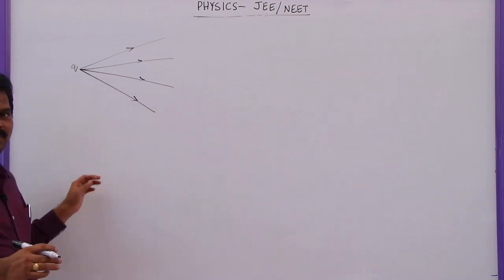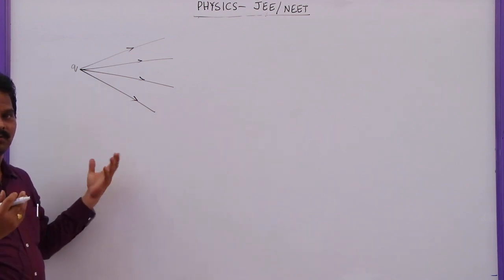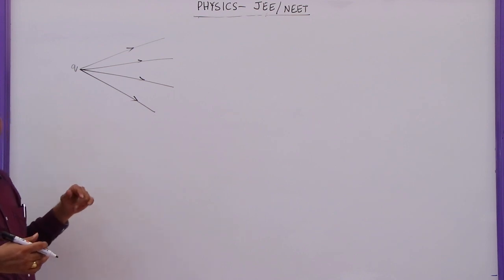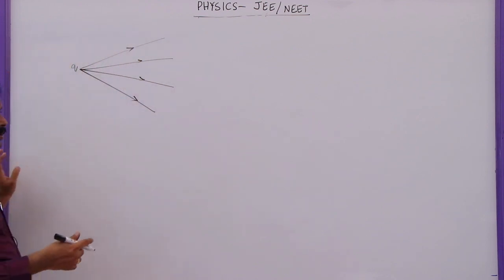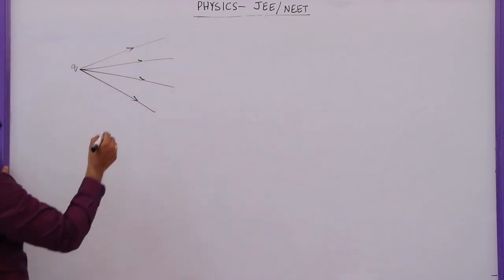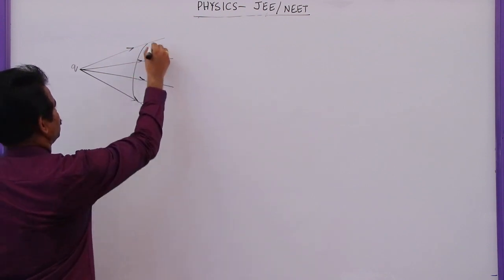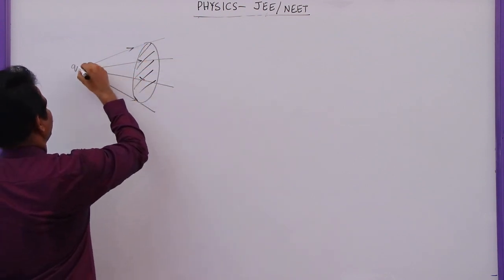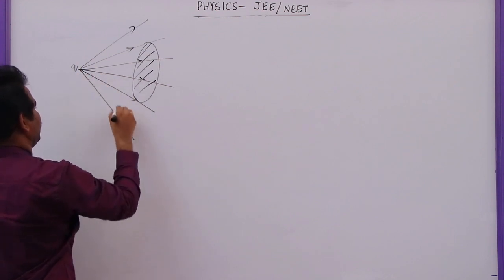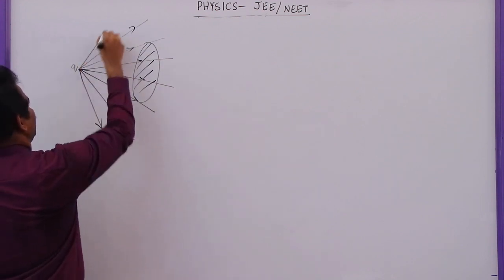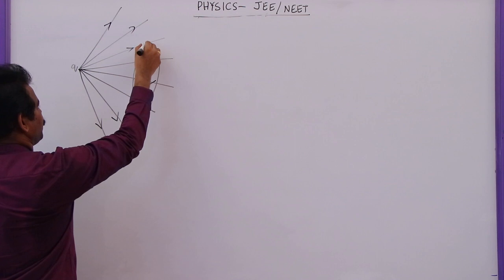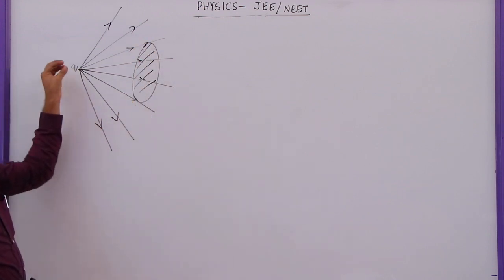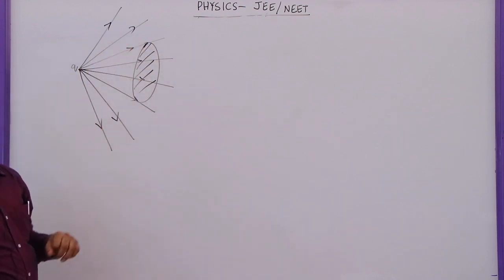Till now we discussed how to find electric field as well as flux by using Gauss law through a closed Gaussian surface. Suppose I wish to find the electric field due to a circular portion. I am not going to find all the lines which are emanating from this charge. I am going to consider only some portion of it, that means how many lines are passing through this small area.